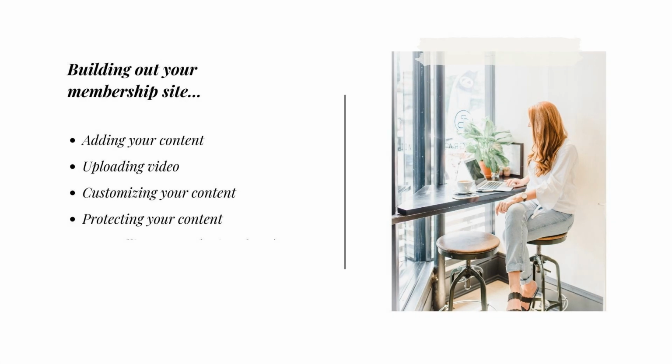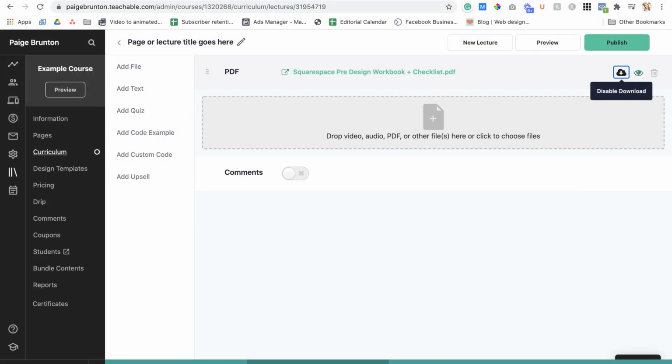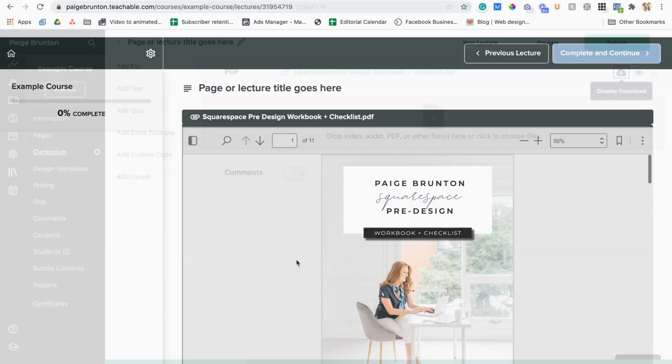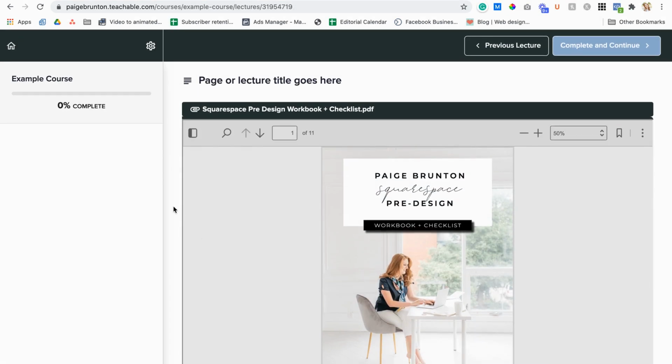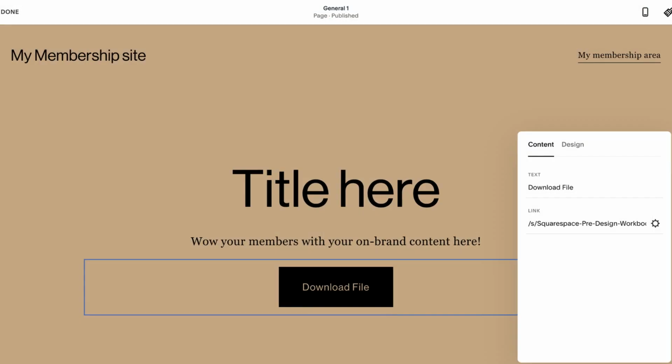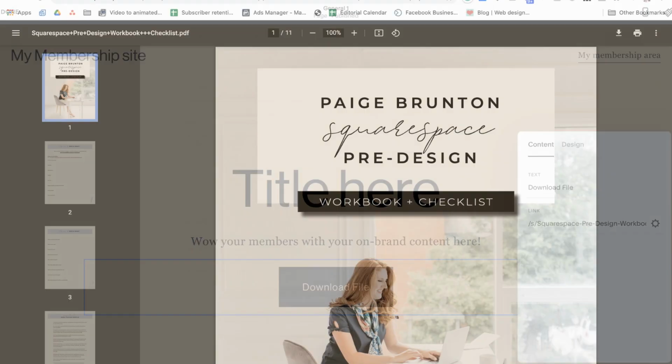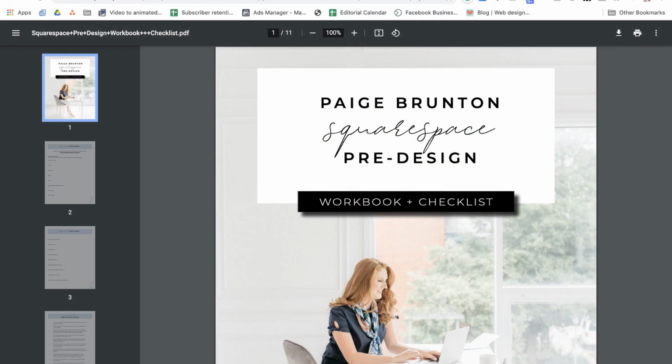Here's where Teachable takes the cake when it comes to getting your content on the page. Say you have a PDF file you'd like to share with your members and you go ahead and upload it inside your lecture. You now have the option of whether to make the PDF downloadable or whether members would need to be logged in to view it. Whereas with Squarespace members areas, when a file is uploaded, it will be stored at a random custom URL in Squarespace land, and when a member clicks your download button, they now technically have a link to your files that